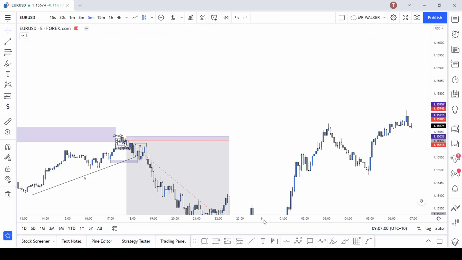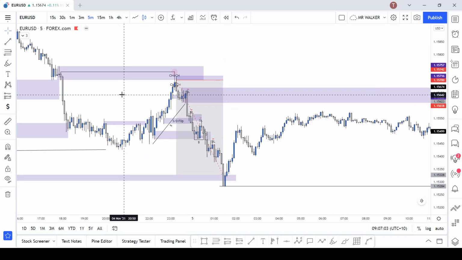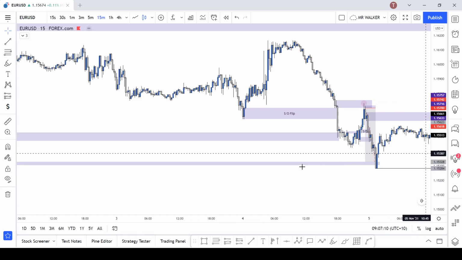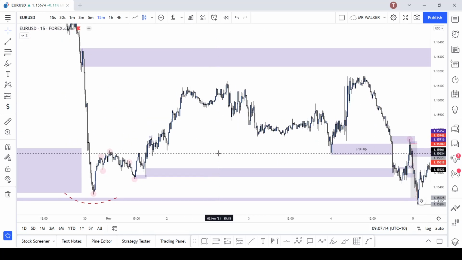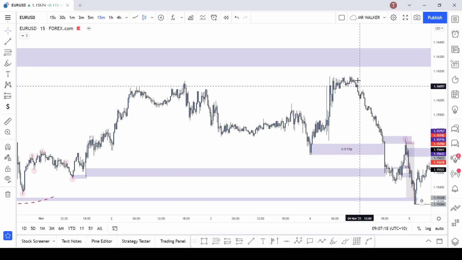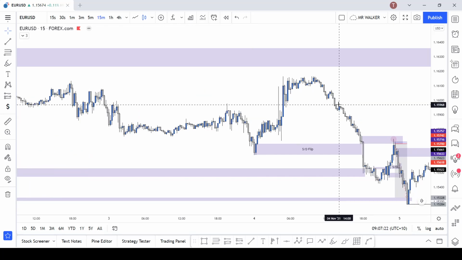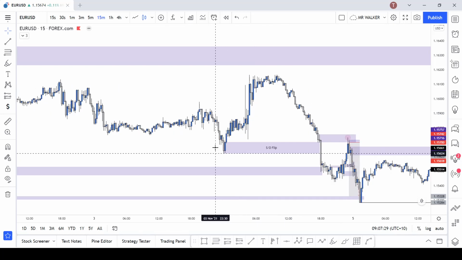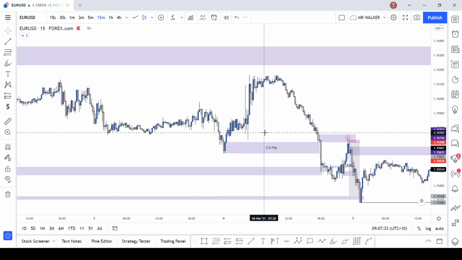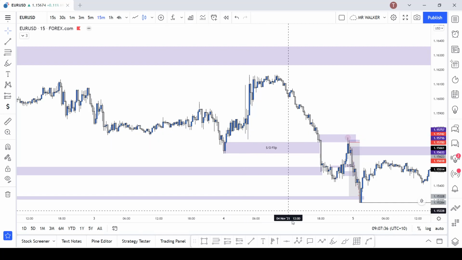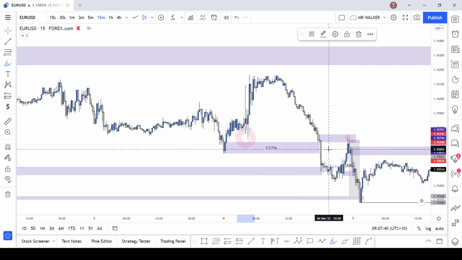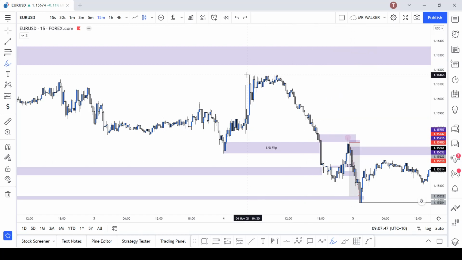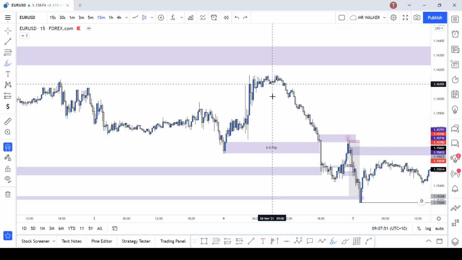Now let's get to the entry with the trend. So let's get to 15 minutes actually. We have this retracement break of structure, and here I think it was news. I'm not sure. I didn't trade this week a lot. But we still have this clear demand zone, which has some inducement here. So we can potentially buy into this supply area, just with also these highs where there is a lot of liquidity. Okay,